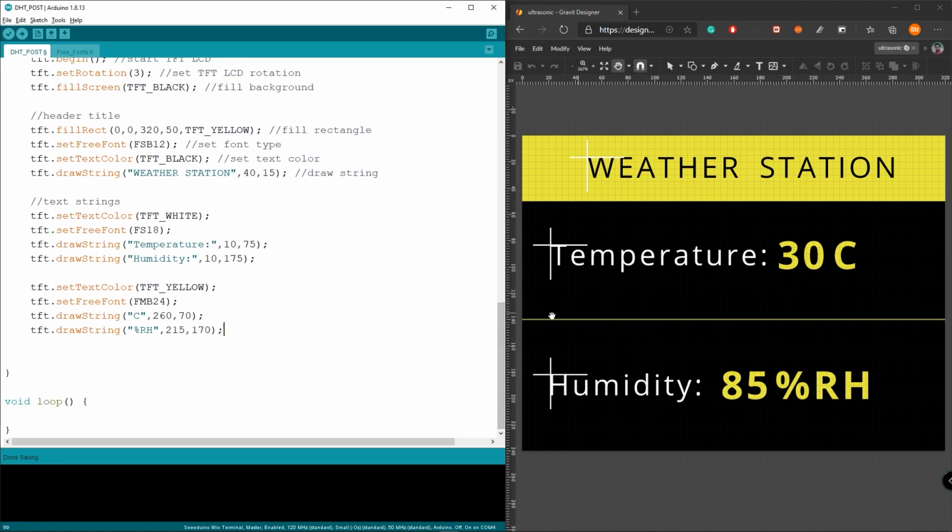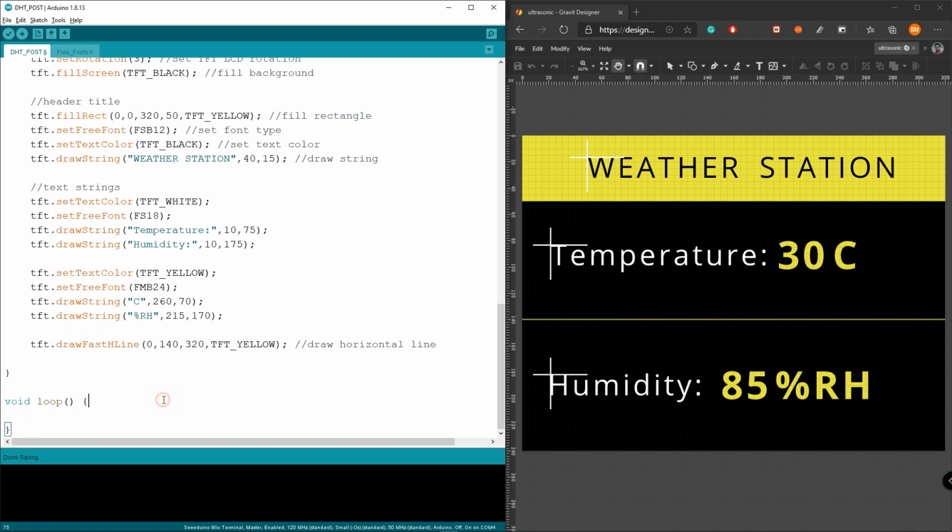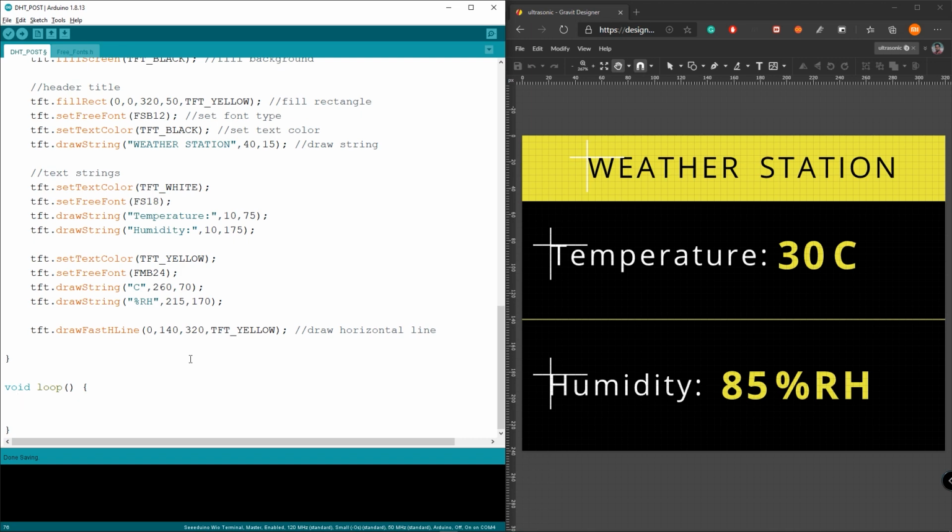Finally, draw this horizontal line. Now we will move on to the loop. So inside the loop, type this.